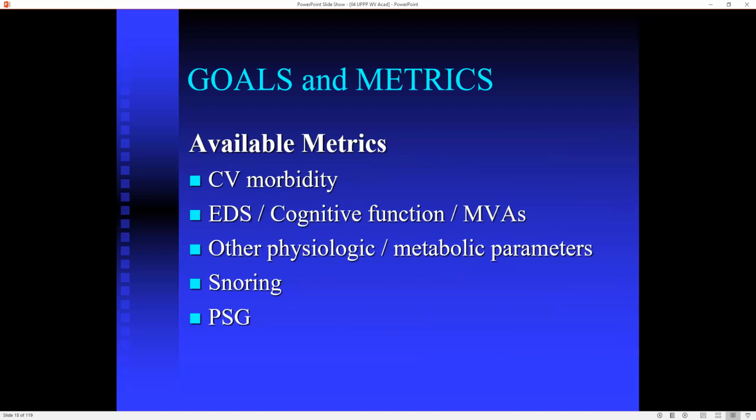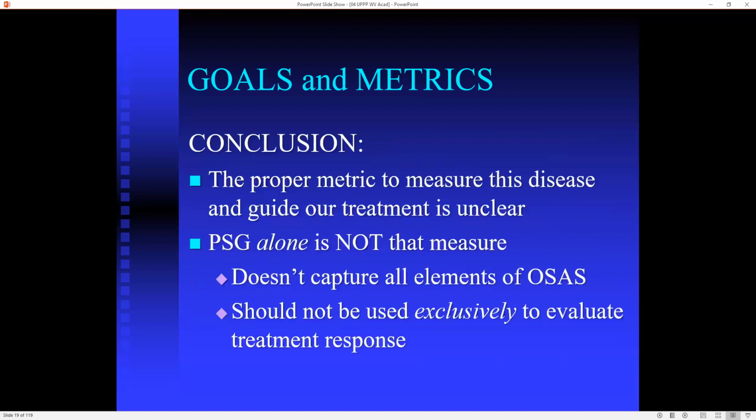So these are some available metrics: cardiovascular morbidity, excessive sleepiness, cognitive function, multi-vehicle or motor vehicle accidents, and then some other parameters, snoring, of course, and PSG. And the conclusion is that the proper metric to measure this disease is really unclear, even though we're using AHI right now. And PSG alone doesn't capture all of that, as studies have shown. So it really shouldn't be used exclusively, although it's a good, solid guide. It's not an exclusive